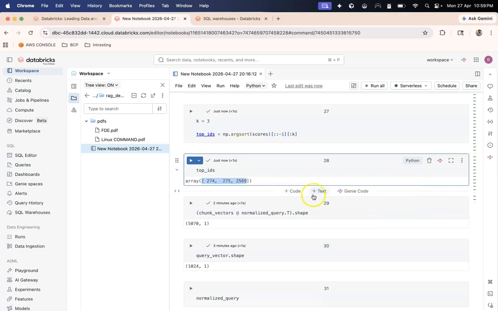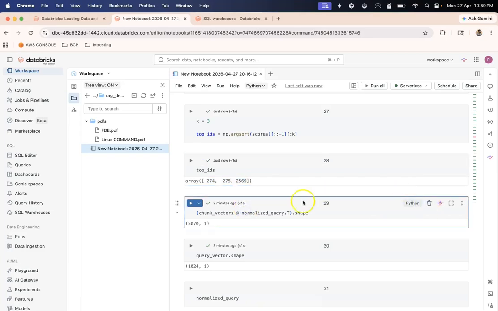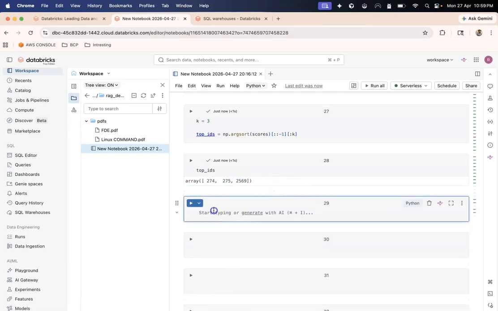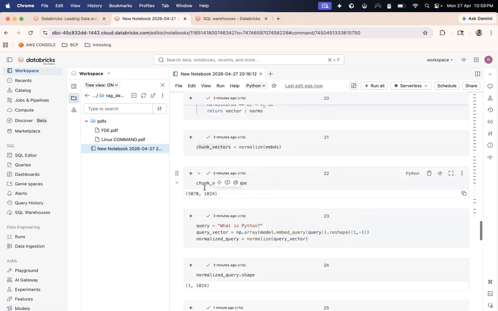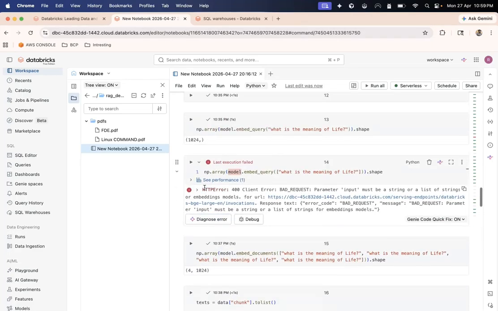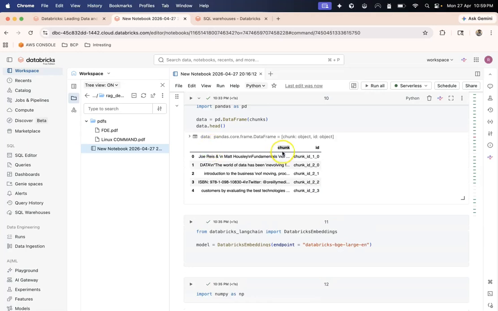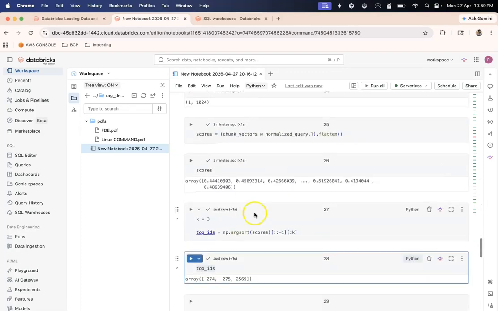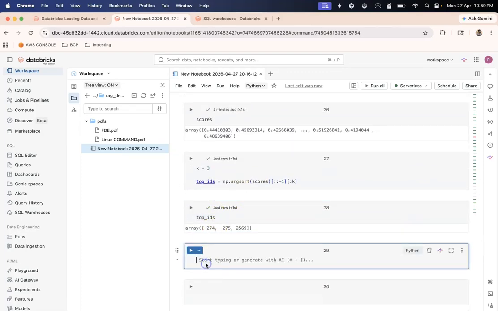Now what I want to do is, let me add a few code blocks. These IDs directly correspond to the data frame that I created here, chunks and ID. So I might want to relate these IDs to this. What I can do is come here and do something like data dot iloc.